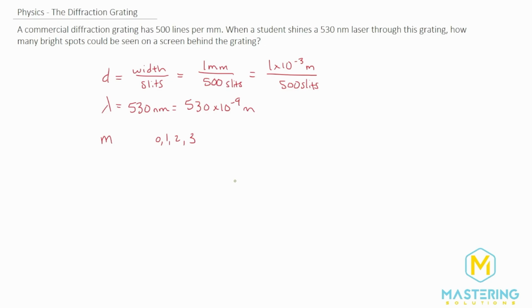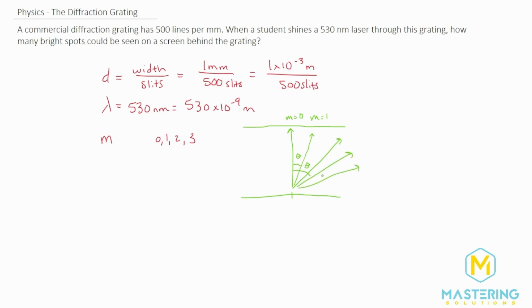The way it makes sense to me is, let's say here is our diffraction grating, and we're shining light straight this way, and here is our viewing screen over here. So here is going to be m equals 0. And then for every m value, as we go over, there's going to be some angle. So here's theta for m equals 1, and then another theta for m equals 2, and 3 and 4 and so on.